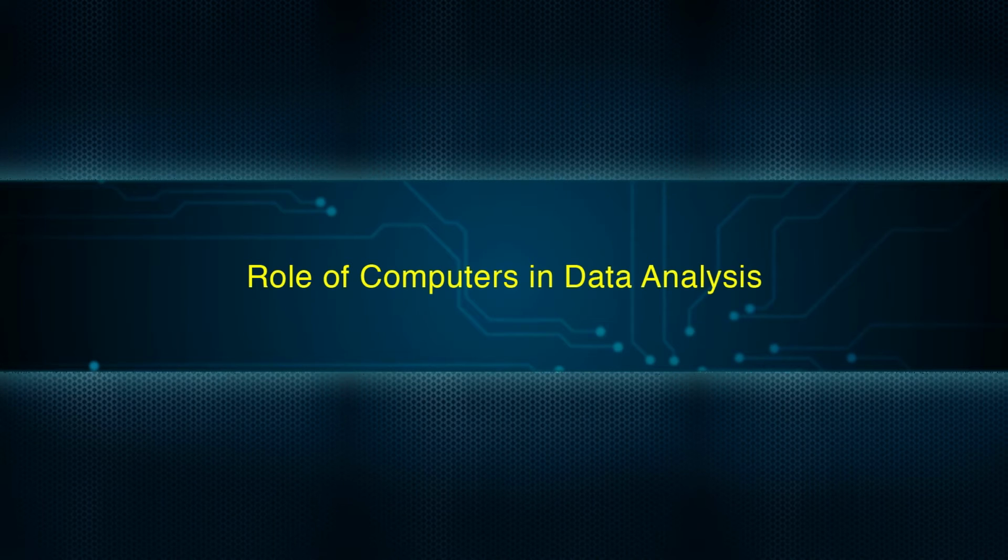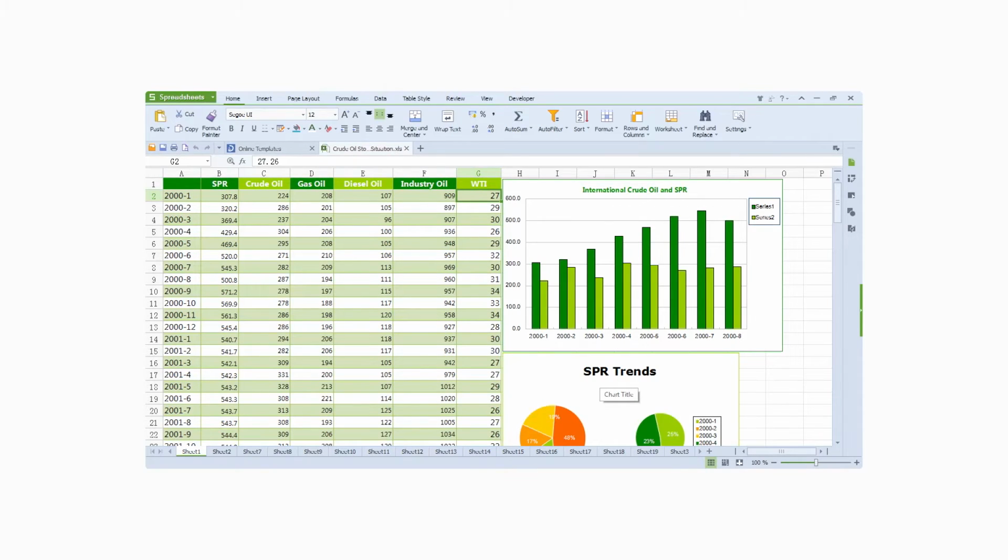Role of computers in data analysis. This phase consists of the analysis of data, hypothesis testing, and generalizations and interpretation. Data analysis phase mainly consists of statistical analysis of the data and interpretation of results. Many softwares are now available to perform the mathematical part of the research process, that is, the calculations using various statistical methods. Softwares like SPSS and spreadsheets are the widely used.